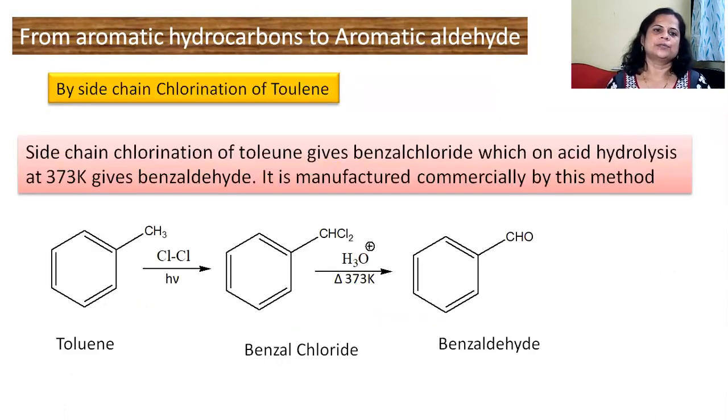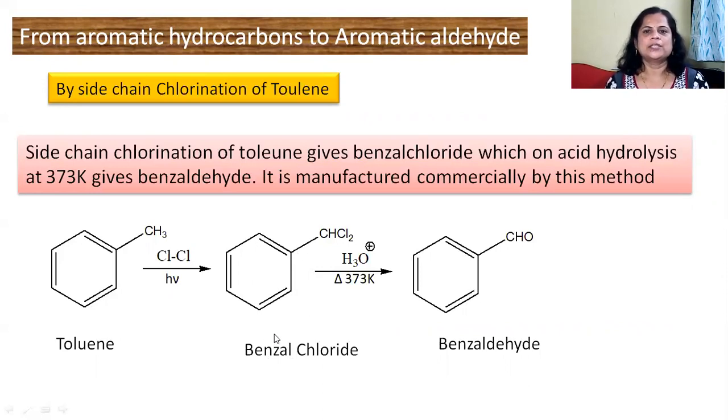In the next reaction, we are using toluene again as a reactant, but it shows the chlorination reaction. Chlorination means we add chlorine. In side chain chlorination of toluene, the CH3 is present on the side of the phenyl ring, and chlorine is added to that CH3. Two hydrogens of the CH3 are replaced by Cl2. So we get the structure C6H5CHCl2, which is called benzal chloride.